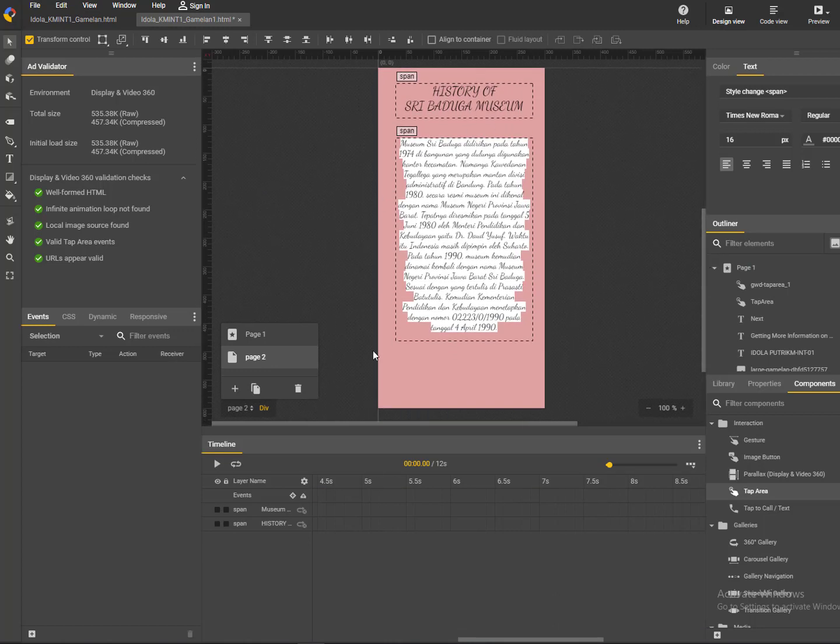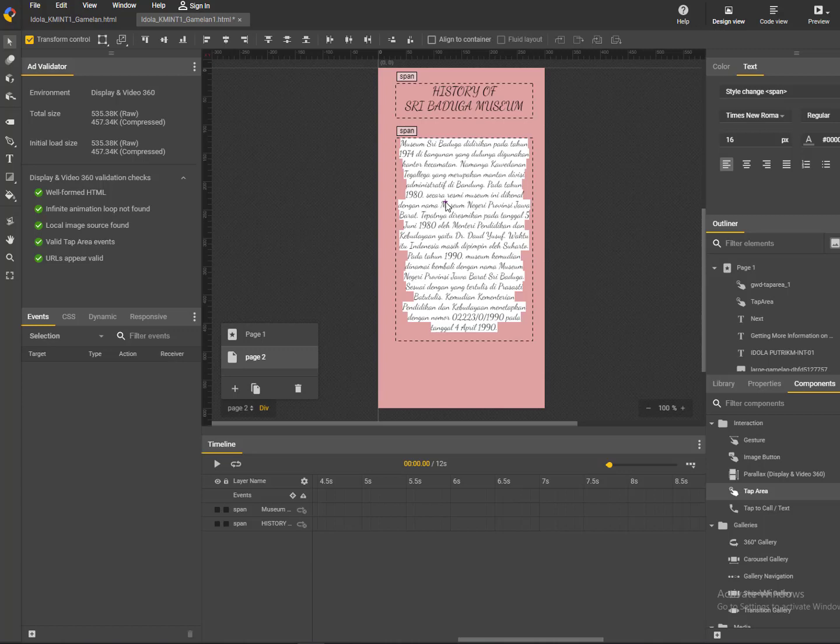For the button of the second page, usually there is the next button and the back button. When you want more than two, you can also add other buttons.